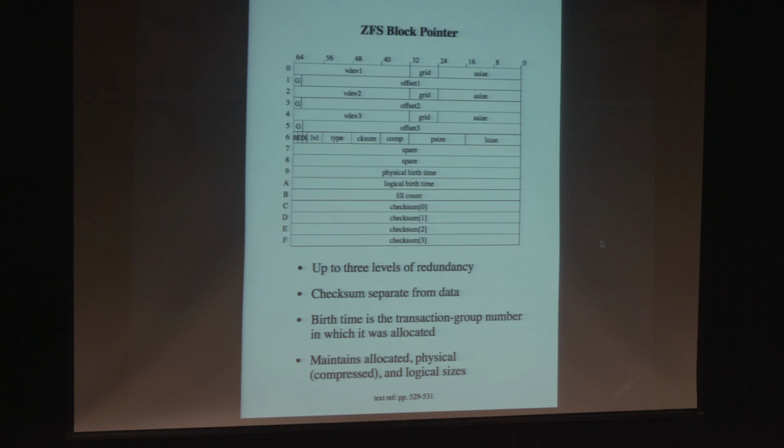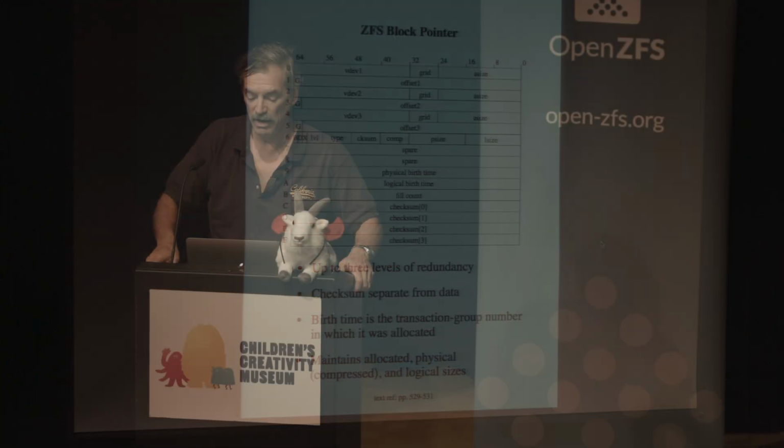Okay, we have a physical birth time, and that is the checkpoint at which it came into existence, and that, as you'll see later, is important in trying to decide when we can free it up. And then if it's part of a deduplication, the thing that it's deduplicating may have come in at a different time than the actual block did, and that's why we need the second time field. And then the last 4 here are the checksum. And the checksum for the block is not stored in the block, it's stored in the block pointer. And so if the block gets corrupted in some way, we can still tell.